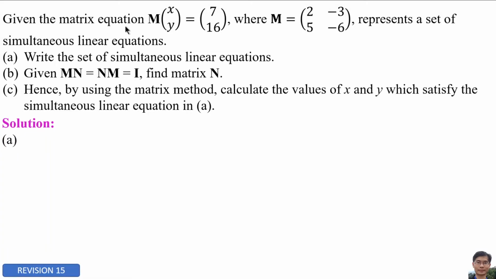Given the matrix equation M times [x, y] equals [7, 16], where M equals [2, -3; 5, -6], represent a set of simultaneous linear equations. A. Write the set of simultaneous linear equations. M equals